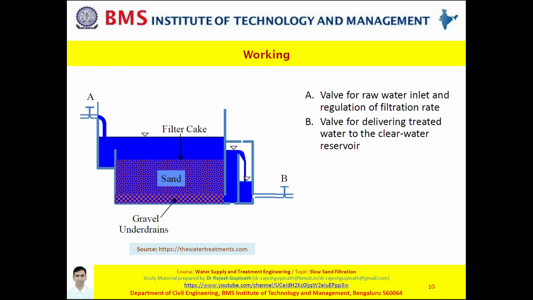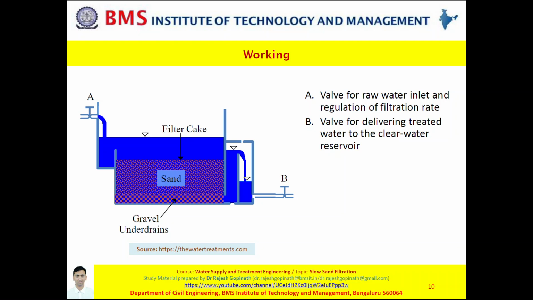So how exactly does a filter work? Basically what happens here is the water which has come from sedimentation enters through A, that is valve A, into the inlet chamber. When it falls into the inlet chamber, it then starts rising, and when it starts rising, the first level of removal of solids takes place. As you can understand, as the water which has fallen down is beginning to rise gradually, all those impurities which can settle will get removed here itself.